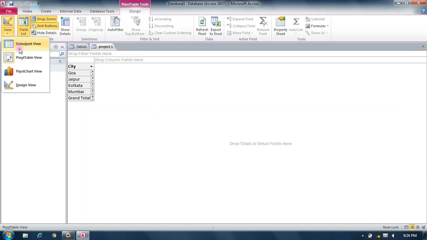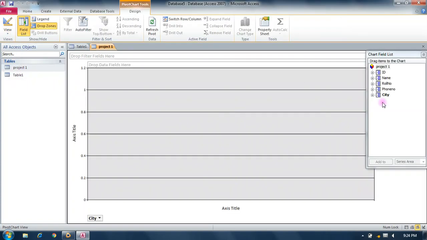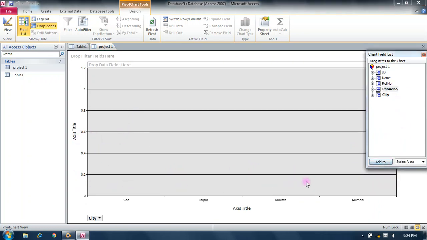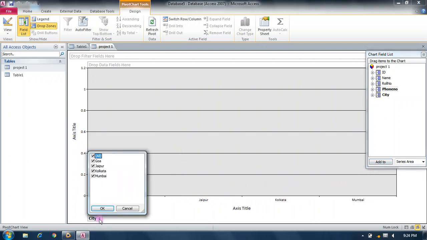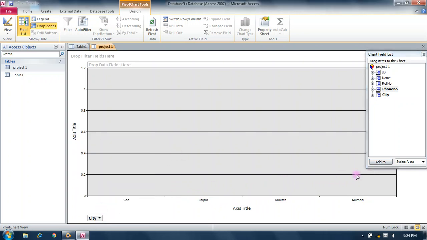Or you can take pivot chart, so you can take a pivot chart from this, like city, phone. You can see cities. Okay, add to.